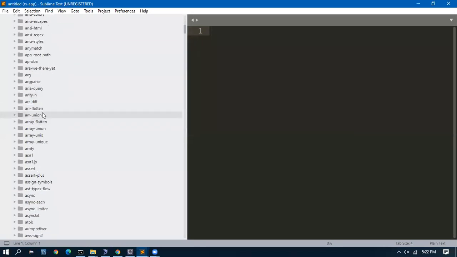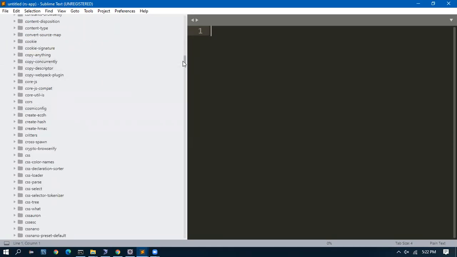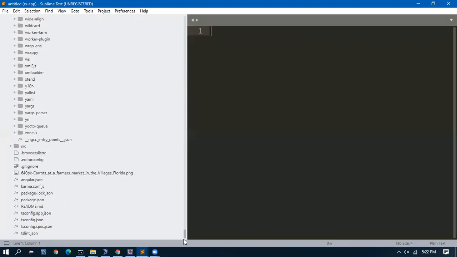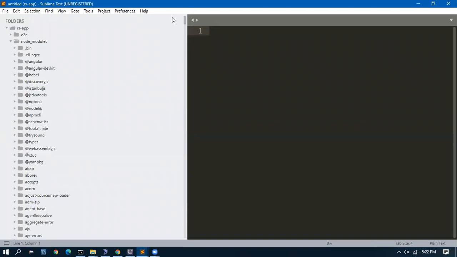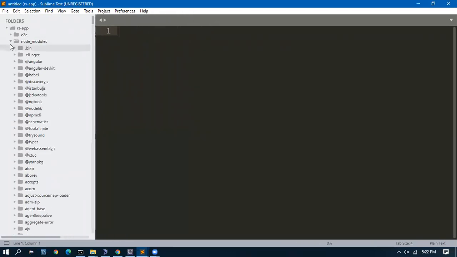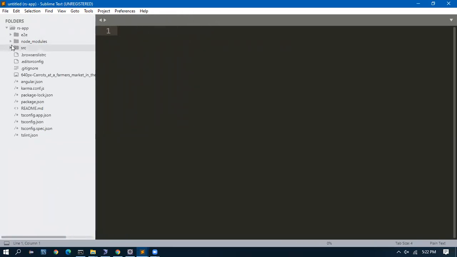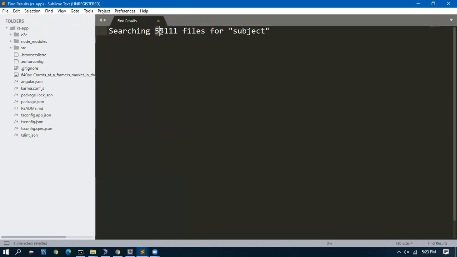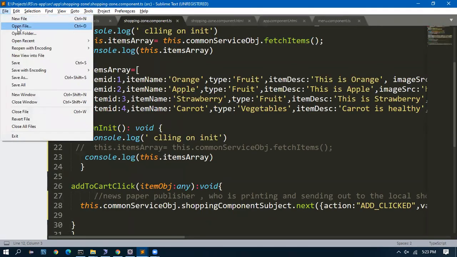Bringing the node modules here means bringing around 900 folders, and nearly 2000 plus, 3000 plus files will be there. Displaying here will not be an issue because it's going to be minimized. But the actual problem comes when I do a find, Control-Shift-F. If I do a find like a subject, it is going to search 55,000 files. That is why usually I don't point it to the outside folder. I point to the SRC.